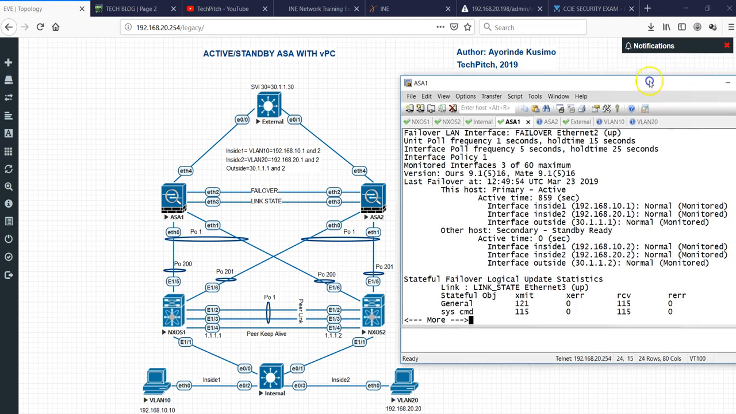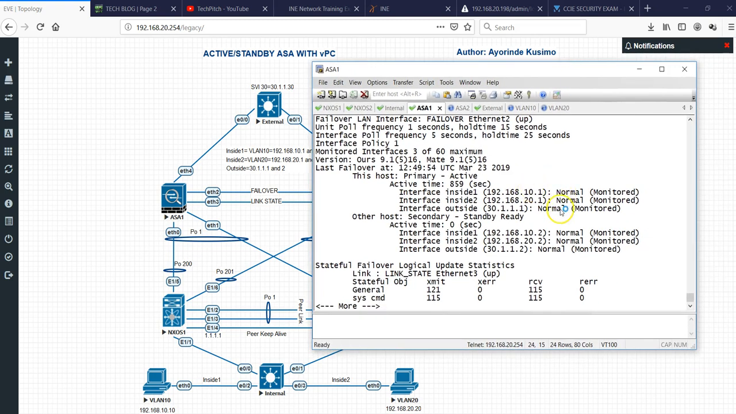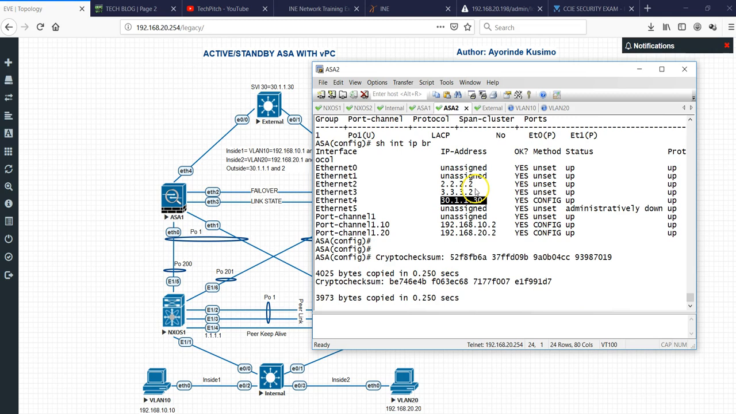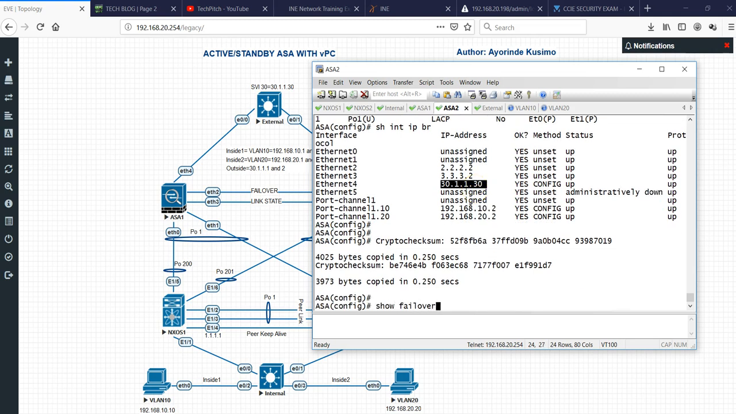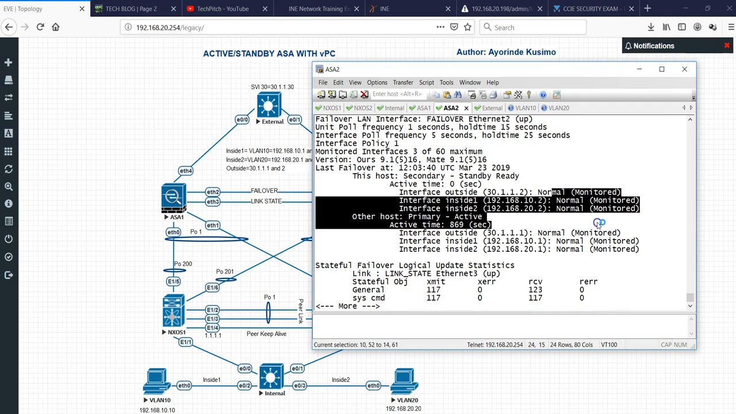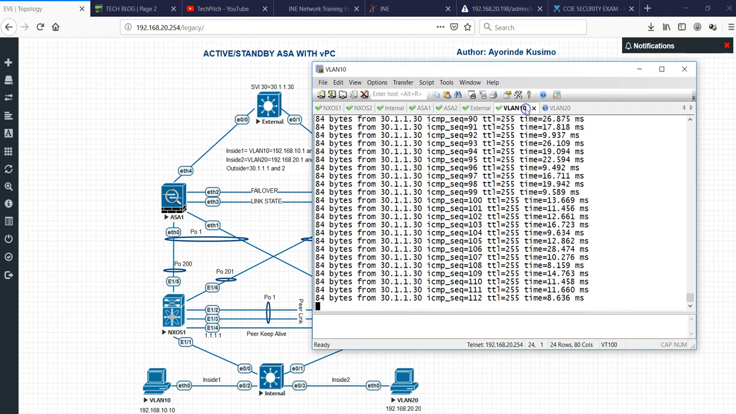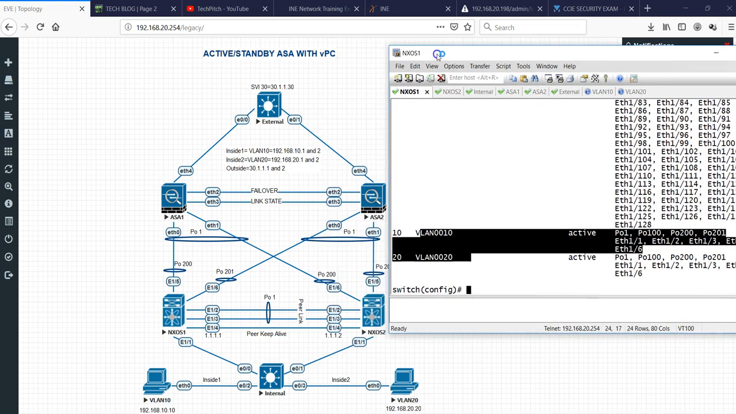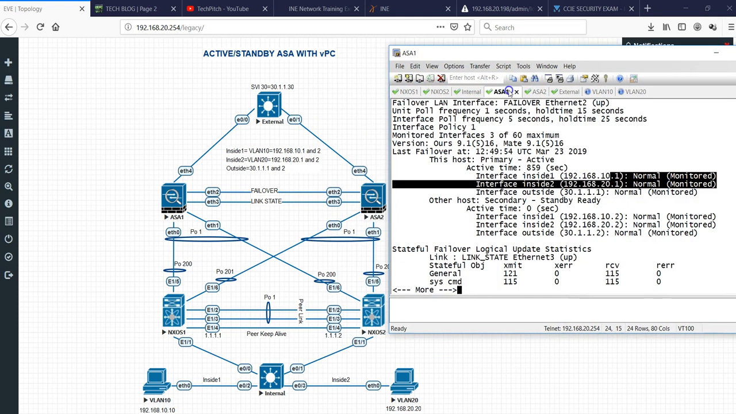You can see our interfaces are being monitored now. I think it just takes time because it's an emulation, a virtual device, so that's why we had that issue. Although the outside is monitored by default, we have also configured monitoring for inside 1 and inside 2, and they are being monitored. If you look here also, show failover. Okay, all our interfaces are being monitored. And our continuous pings are all fine. So let me do something. Now this is